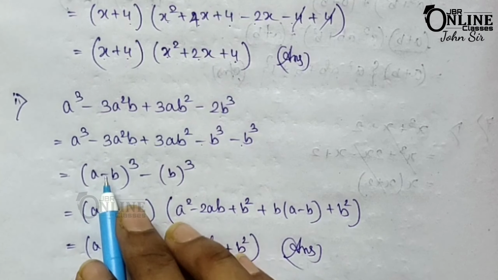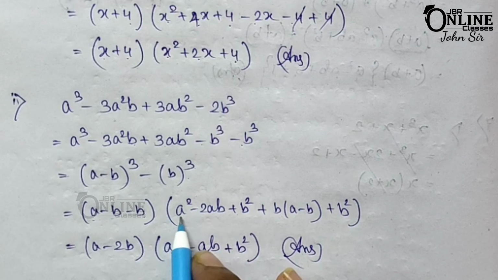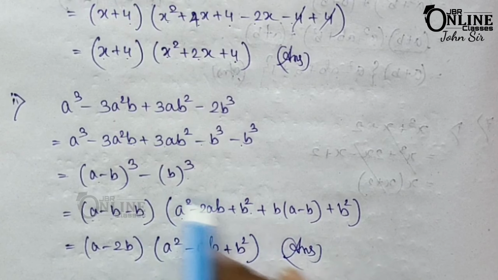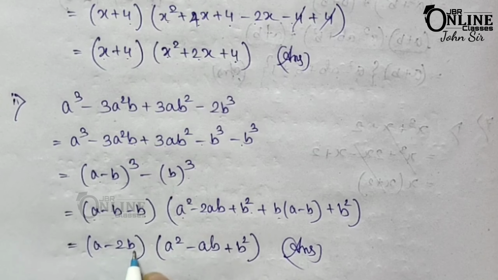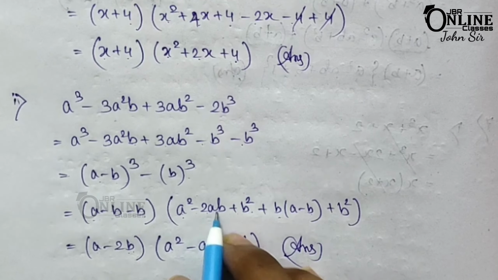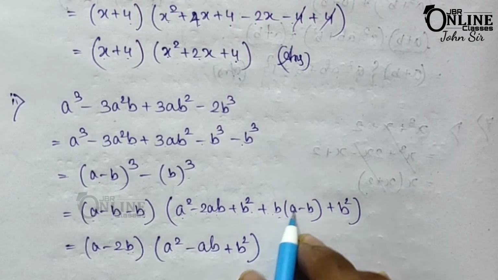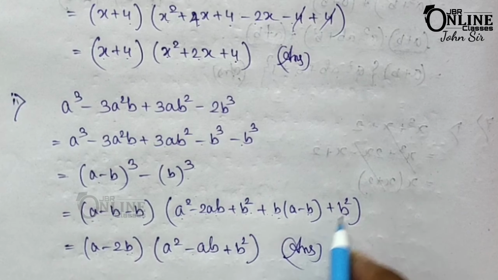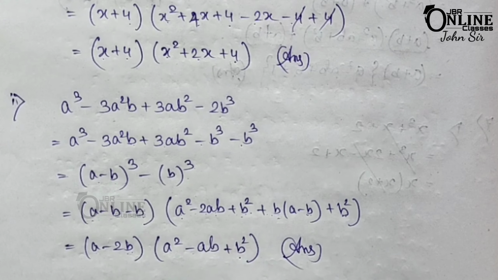So here you can apply the formula a cube minus b cube, that means here a minus b and then a square, that means (a minus b) whole square, so a square minus 2ab plus b square. After that, ab means (a minus b) into b, and the last one b square. So the final answer will be a minus 2b, as minus b means minus 2b, and here a square minus 2ab and plus ab, that becomes minus ab, and here b square, here also minus b square and plus b square, so plus b square is 2b square, 2b square minus b square, that becomes 1b square. So that is the final answer.